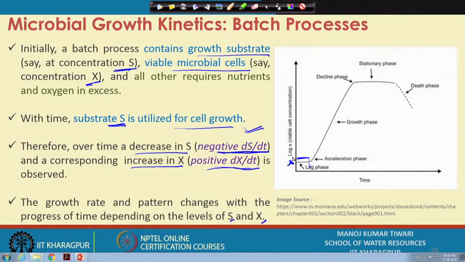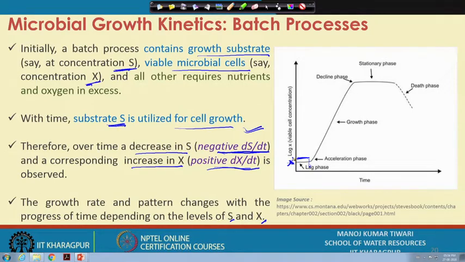So, the same thing happens with the bacteria. They moved from a new environment to a batch culture with a specific type of substrate. So, they take some time to realize in what conditions they are. That is called the acclimatization phase or lag phase, and there is not much growth in that period. Then once their acclimatization phase is over, they